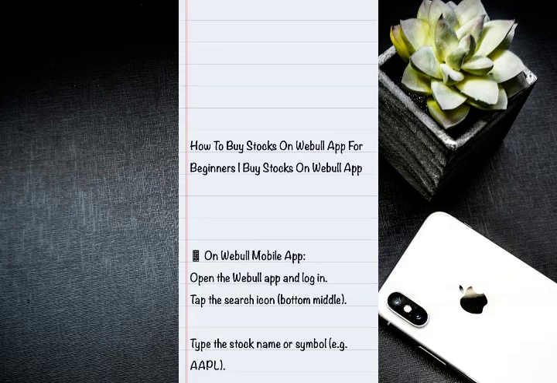In this video I'm going to walk you through an easy step-by-step guide on how to buy stock on the Webull